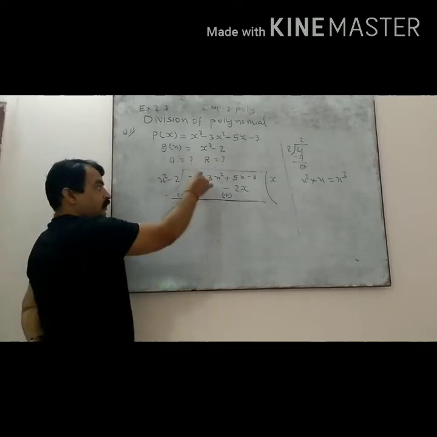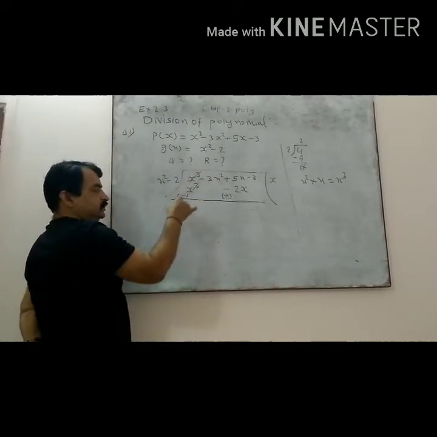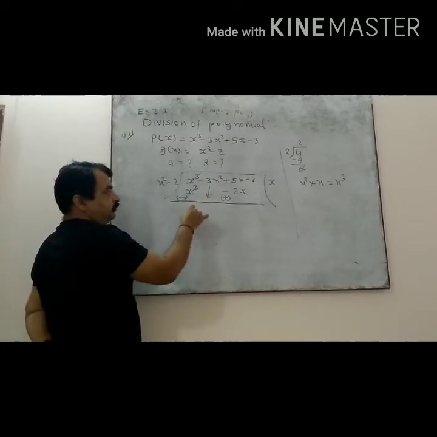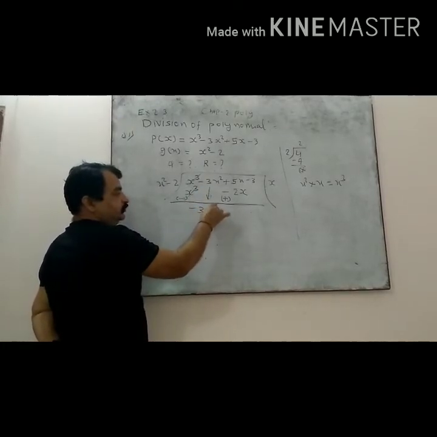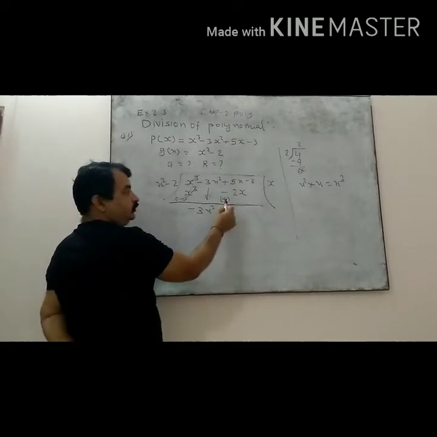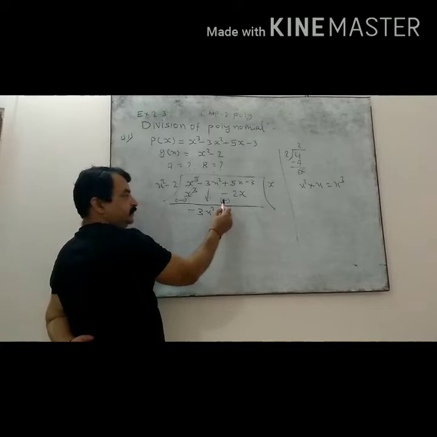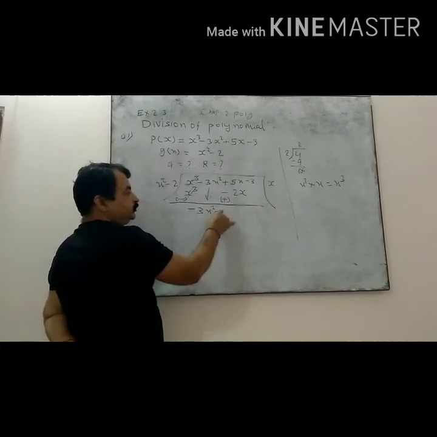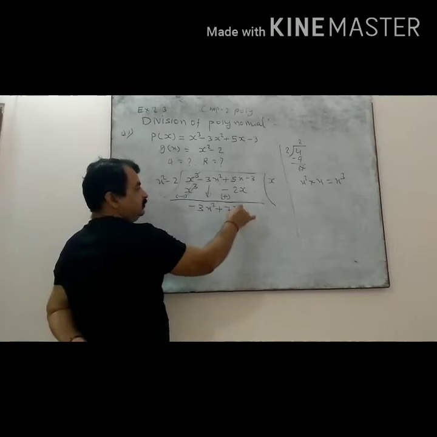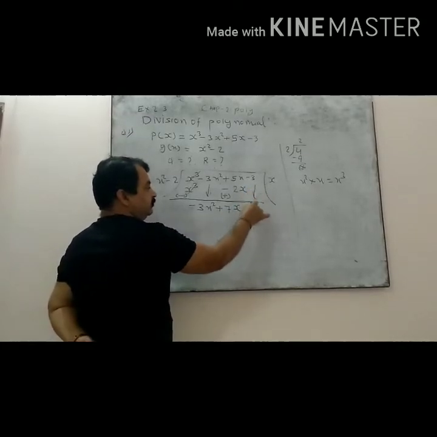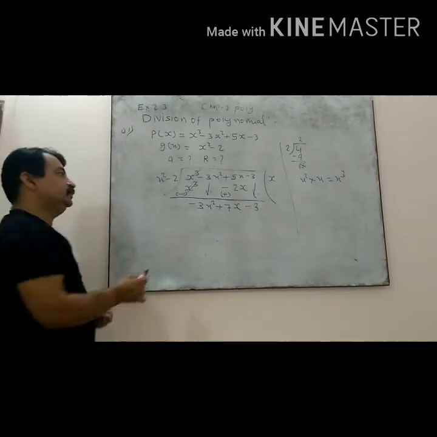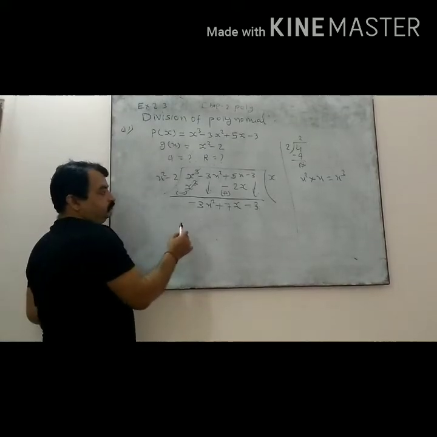Now see, x cube and minus x cube cancel. This you copy down, minus 3x square, that you write as it is, no function with this. Plus 5 and plus 2. Now you will work with this changed sign, not this sign. So plus 5 and plus 2, what do you get? 7, and the term is x. Then copy the minus 3 as it is. So now we got this next polynomial.